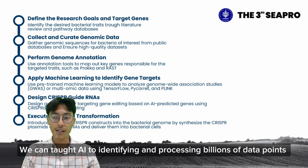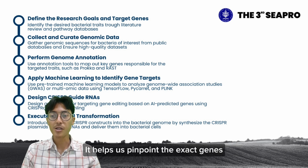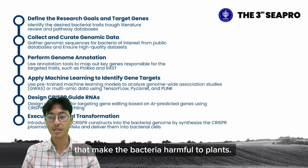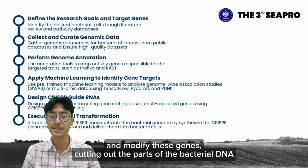We can teach AI to identify and process billions of data points and find patterns that humans might miss. It helps us pinpoint the exact genes that make the bacteria harmful to plants. Once we know the genetic culprits, we can then use CRISPR gene editing to precisely target and modify these genes,